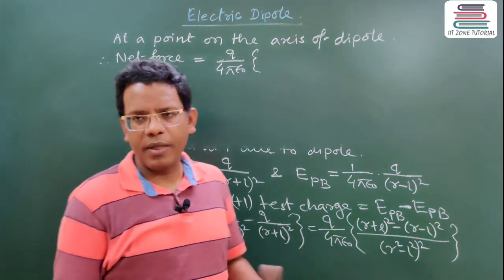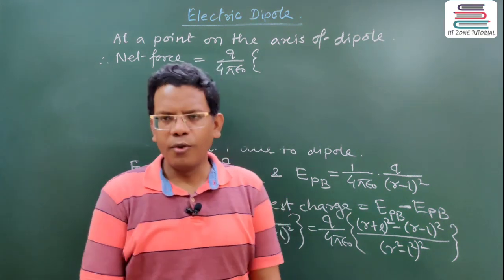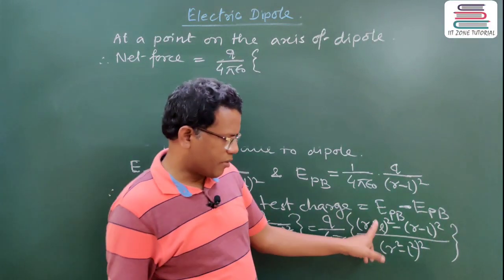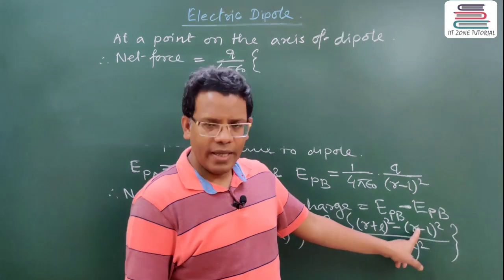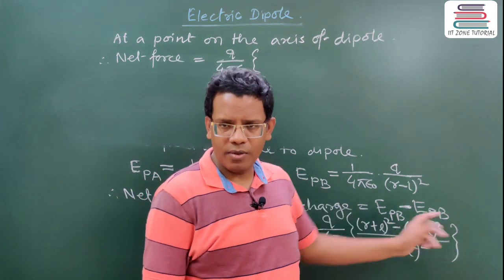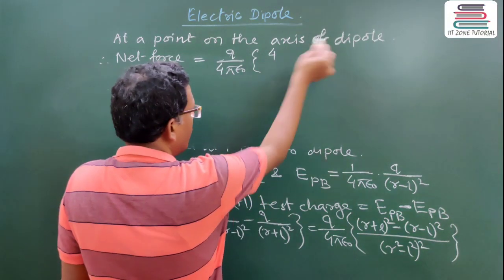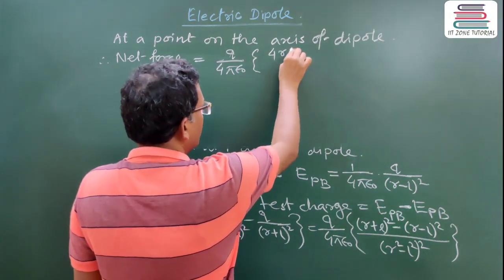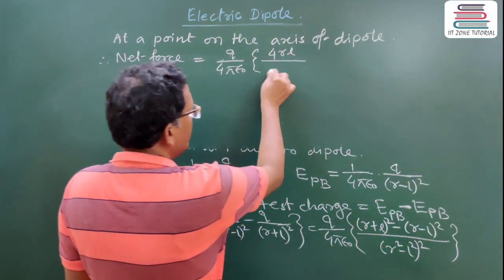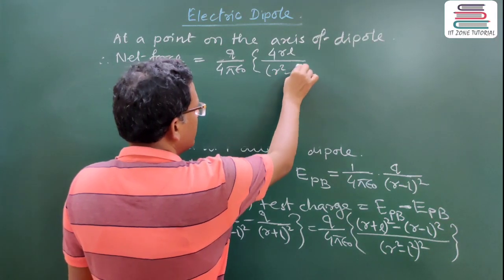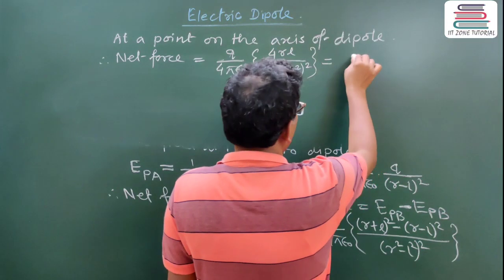It is an algebraic term, and you must know the result is 4AB, because A square plus B square plus 2AB minus (A square plus B square minus 2AB). So the A square plus B square parts will get cancelled out, and it will be 4 into R into L. Got my point? Divided by (R square minus L square) power 2,